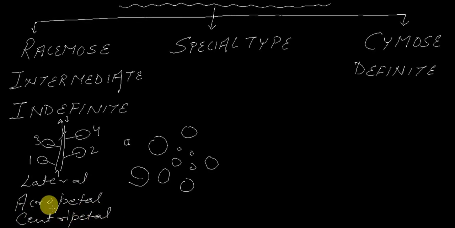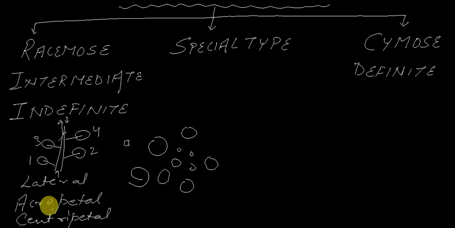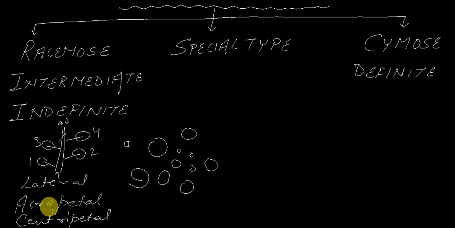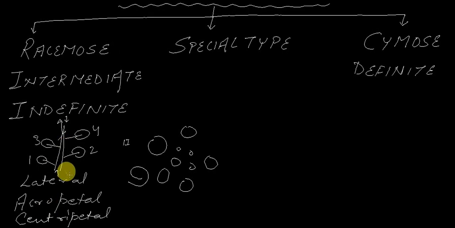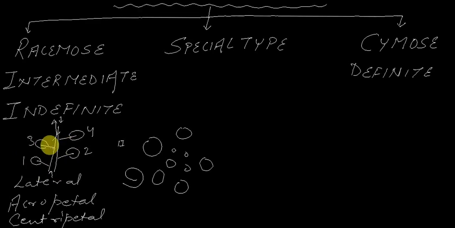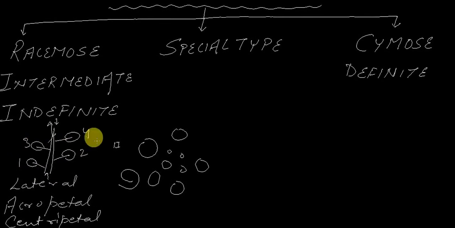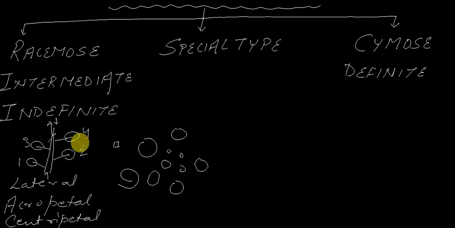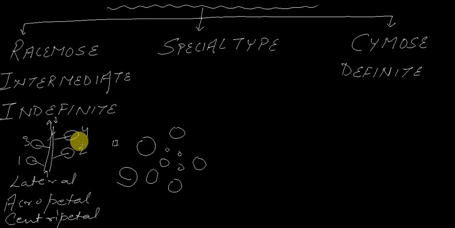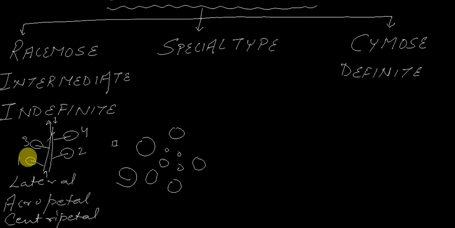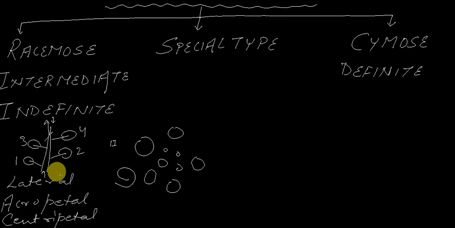Yes, so over here you can see racemose inflorescence. It will have lateral arrangement of the flower, acropetal arrangement of the flower and centripetal arrangement of the flowers. Lateral means the flowers are going to get arranged over the side, one side, another side, third side, like this. And then there is acropetal arrangement, which means youngest flower towards the apex and the oldest flower towards the base. Okay, this is your racemose inflorescence.